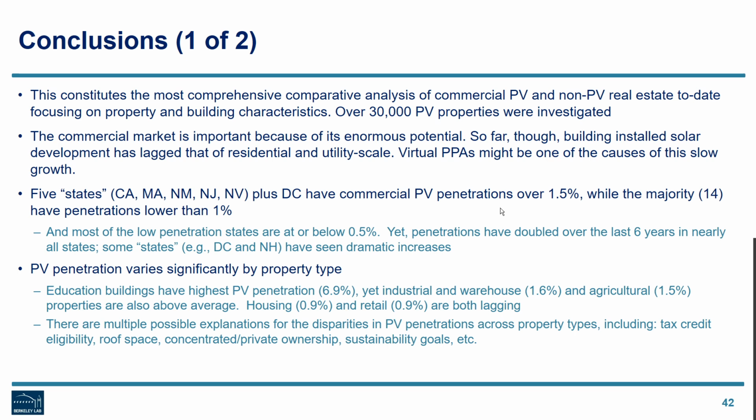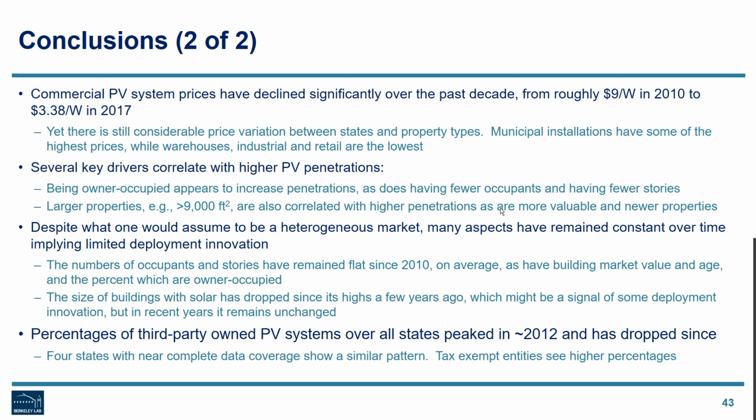We saw that commercial PV prices declined significantly over the last decade, from roughly $9 down to $3 per watt in 2018. This clearly is one of the drivers to higher installations and might continue to be so, though there are other things that seem to be correlated with higher PV penetrations that are independent or at least additive to cost. For example, building owners that occupy the building see higher penetrations,